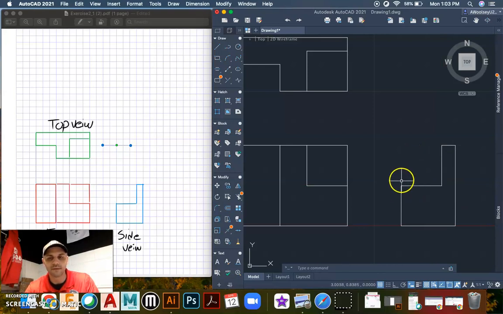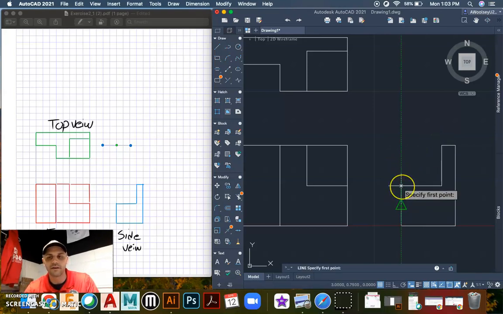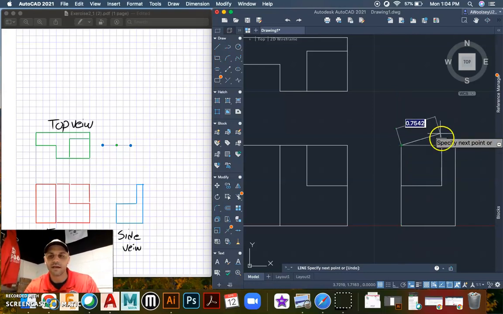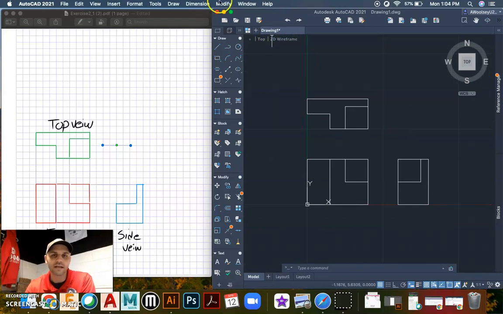Now we said there was a line missing here, so we might as well add that in to make it correct now. Even though it wasn't correct in the beginning of the year when this student did it, I probably didn't notice when I graded, so now we can correct it because we know better now. So I'm going to go up 0.75, so 0, comma 0.75, and then go to the right and close up that shape. Okay, and there it is. There is exercise